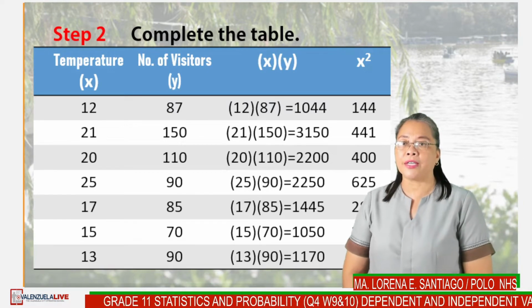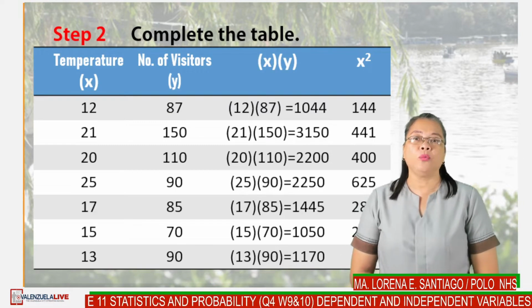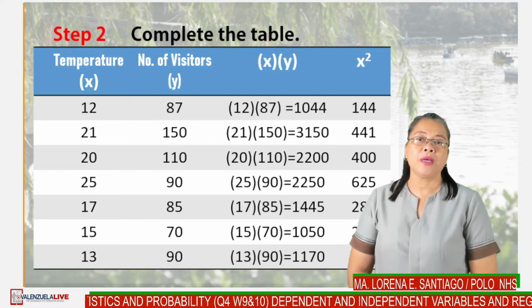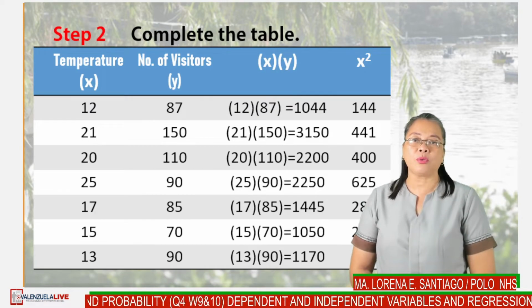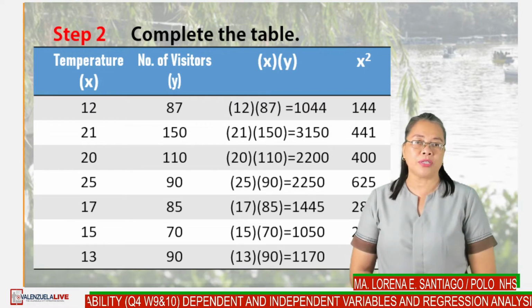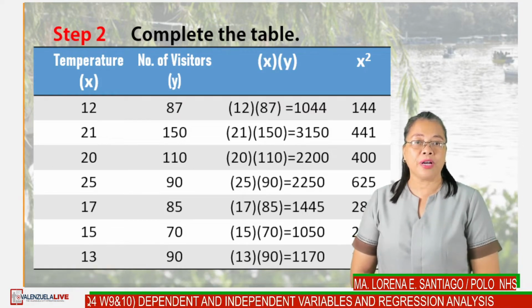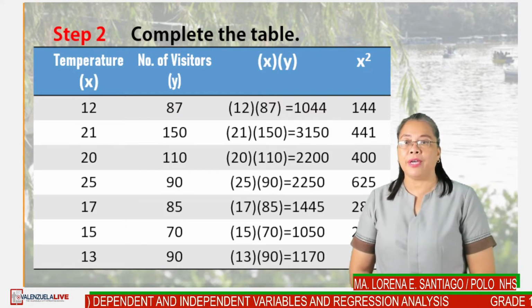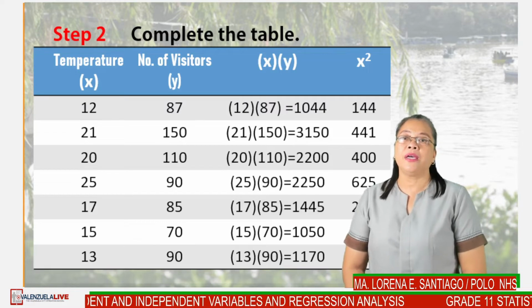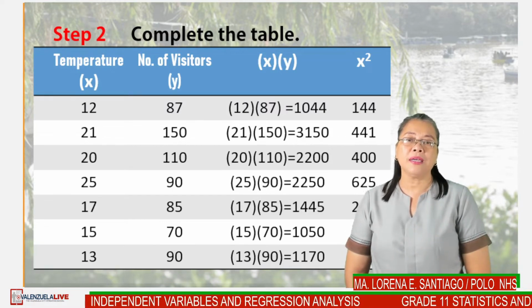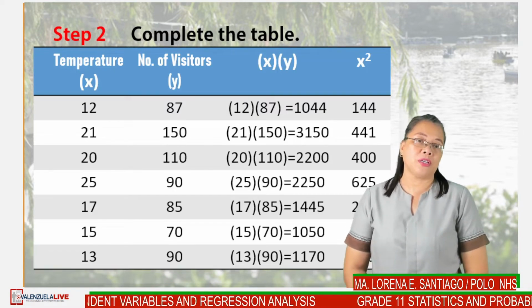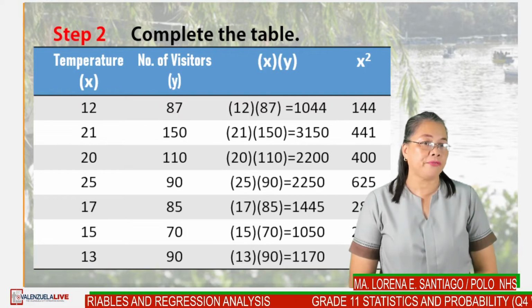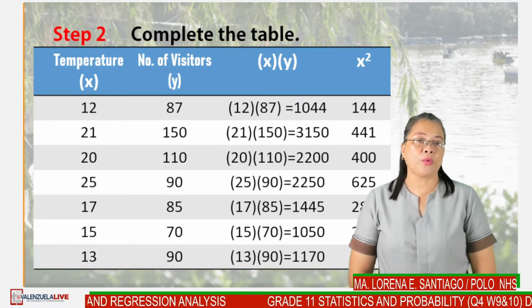If we have x equal to 20, and y equals 110, then we have 20 times 110, which is equal to 2,200, and we will get 400. If we have x equal to 25, and the number of visitors is 90, then the product of x and y would be 1,445. X squared would be